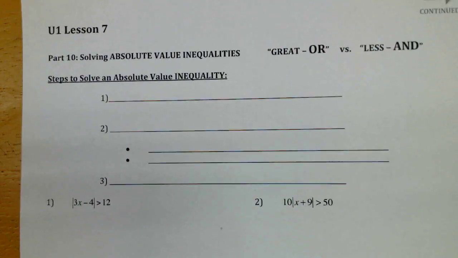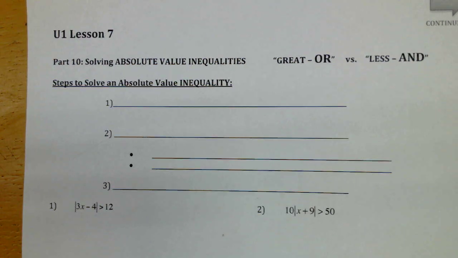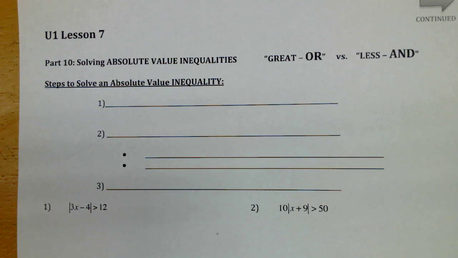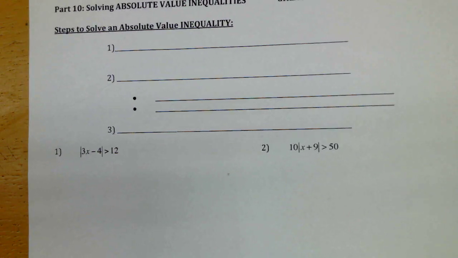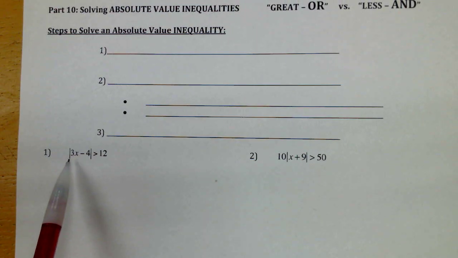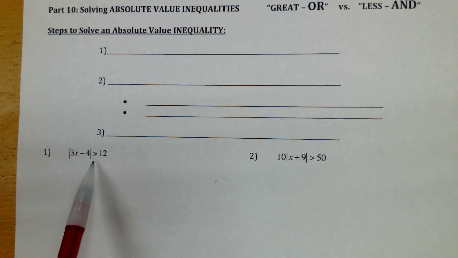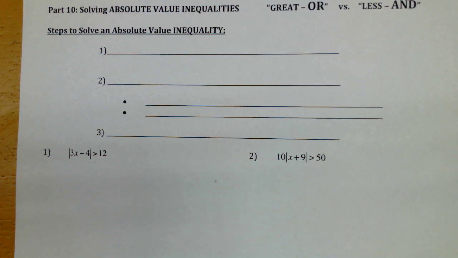So today we're going to talk about lesson 7, which is on absolute value inequalities. The way you recognize them, and you can see down here in the bottom, is they have the absolute value symbols, those little vertical lines, and then they also have the greater than, less than. They're not equations. As soon as you see one of these, you have to think to yourself, wow, not only am I going to have inequality rules, but I'm also going to have absolute value rules, which always involves two different